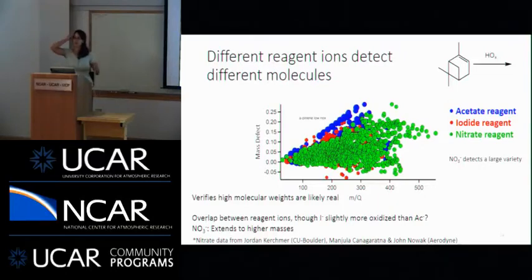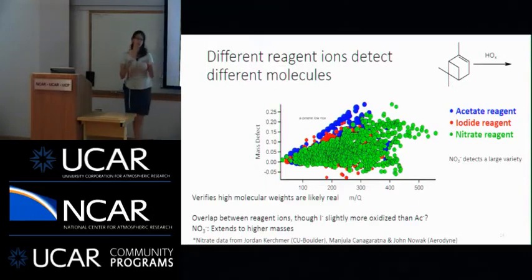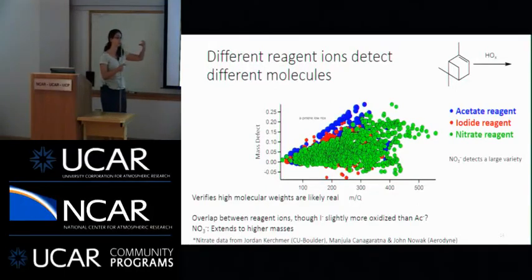Yes, question. You might get to this later, but I was wondering if you were assuming that each one is the molecular ion and you're not accounting for fragmentation. Yeah, so that's a really good question. The question is whether each of the dots on this figure, each ion, is a molecular ion, so the original molecule that was in the atmosphere, or if it was something that broke apart in the mass spectrometer.